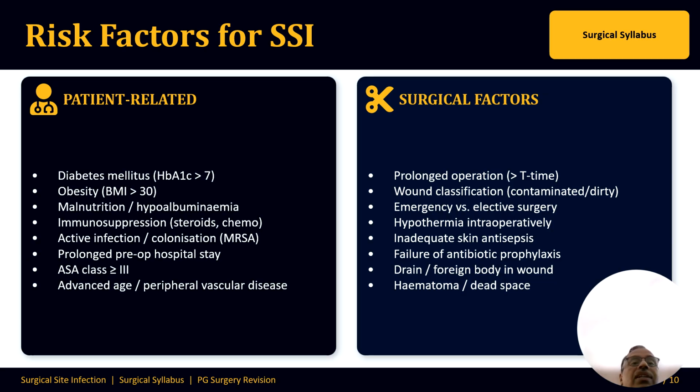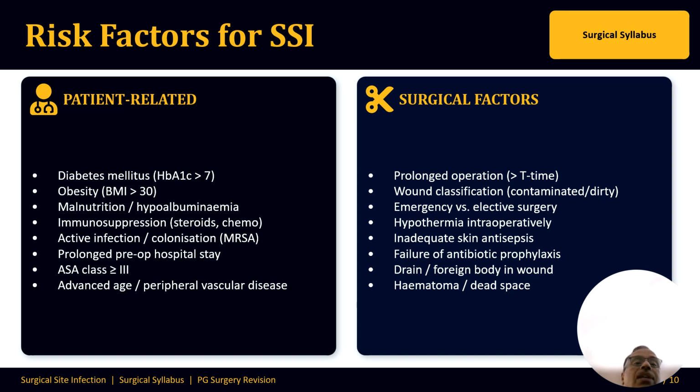Another important risk factor is obesity with a BMI more than 30. These patients are also at risk of developing surgical site infections. Malnutrition or hypoalbuminemia would also lead to SSI. Any patients who are on immunosuppressive drugs, such as steroids, chemotherapeutic regimens, or transplant drugs, or patients with certain infections like HIV, AIDS, are also at risk of developing